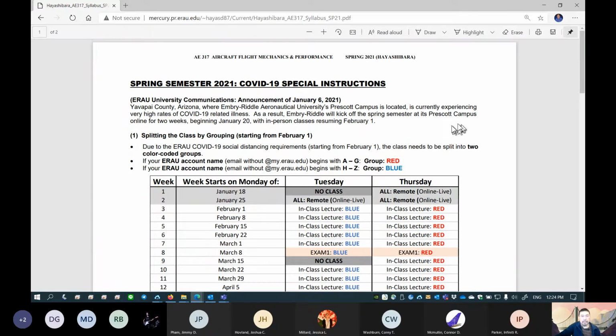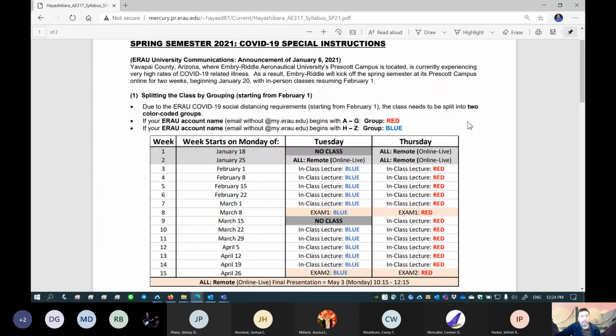This document is the actual syllabus, a 2-page document. The first page basically says that we have to split the class into 2 groups. If your account name begins with A to G, you are group red. H to Z, you are group blue.